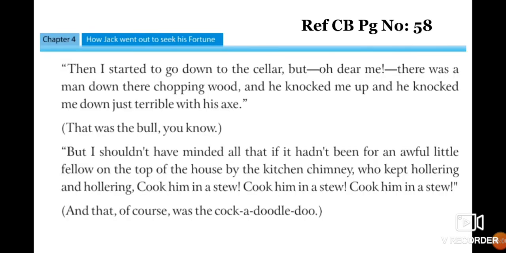Yeah. And then I started to go down to the cellar, but there was a man down there chopping wood and he knocked me down with the help of his axe, and that was the bull, as we all know, right? But I shouldn't have minded all that, but I saw an awful little fellow on the top of the